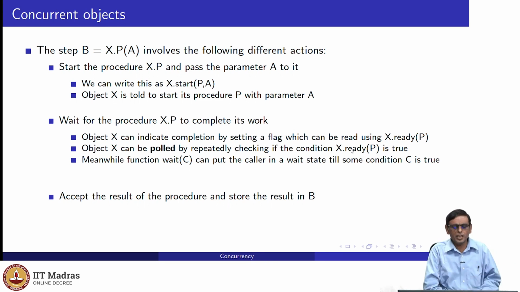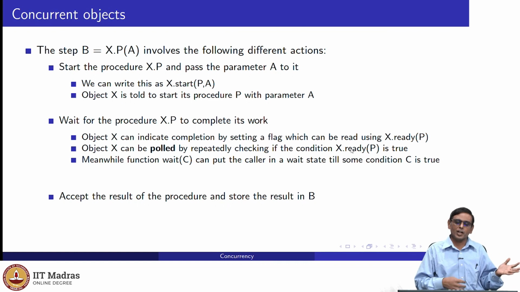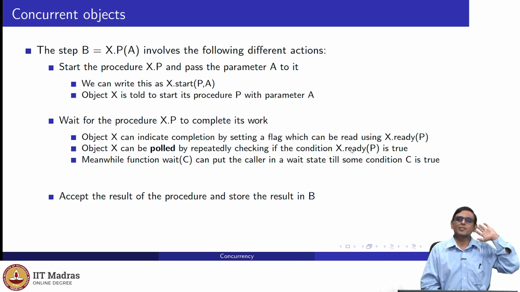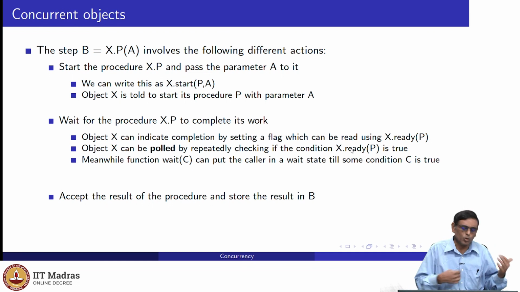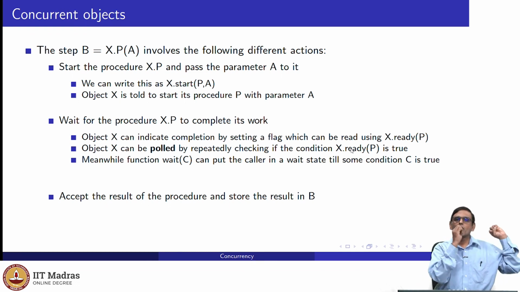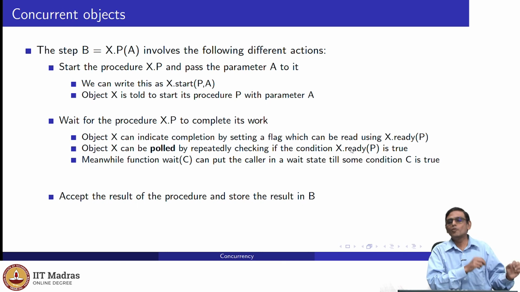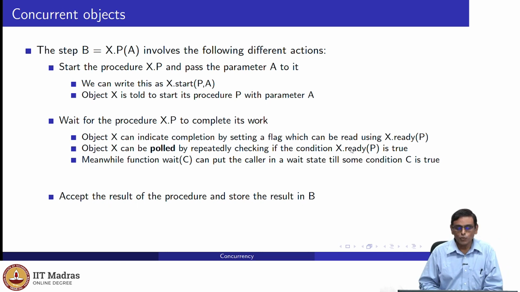So a much better way is to write a nice function called wait, wait for a condition, wait C. What wait does is it puts the caller in a wait state and will wake up the caller once C becomes true. Now, of course, how this is implemented is a very interesting concept in operating systems. When you get into operating systems much later on in your final year, you might want to think about how things like this are implemented. But usually systems have a way of waking up things from sleep and so on, and we are going to use one of those methods. So let us say that the caller is put to sleep and will be woken up when the condition C becomes true. So wait C makes the caller wait till the condition C becomes true.